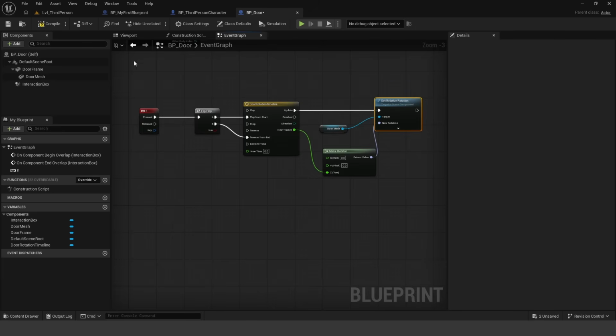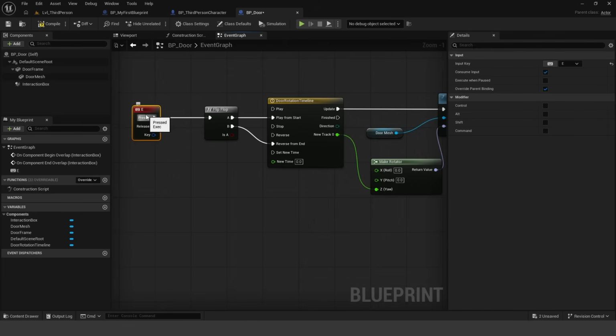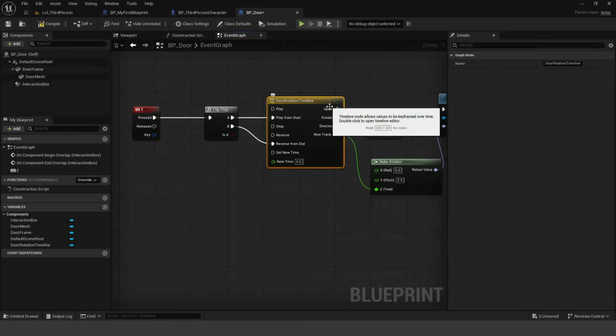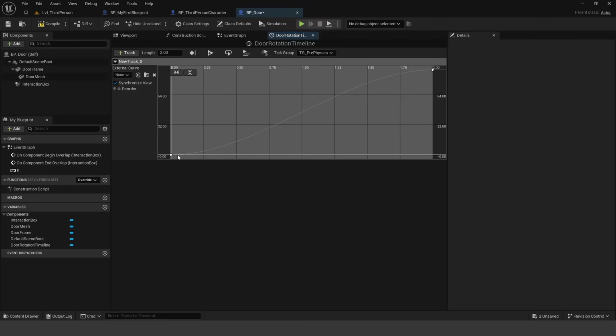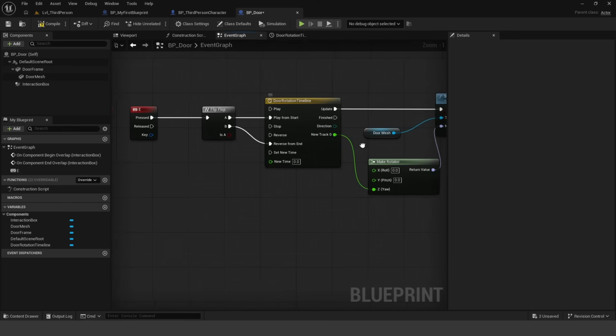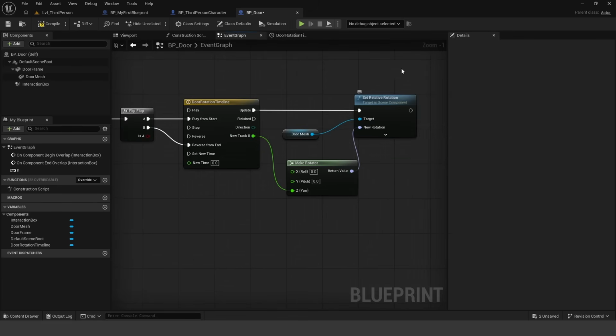Okay, so now basically we have our E. So when we press this, it's going to play the door timeline from start. So at 0 seconds, it's going to output value 0. Then at 1 second, it's going to output value 45. So you can see that it slowly rotates the door all the way out to the open position. So by 2 seconds, it should rotate and output the rotation value of 90 degrees, which should be